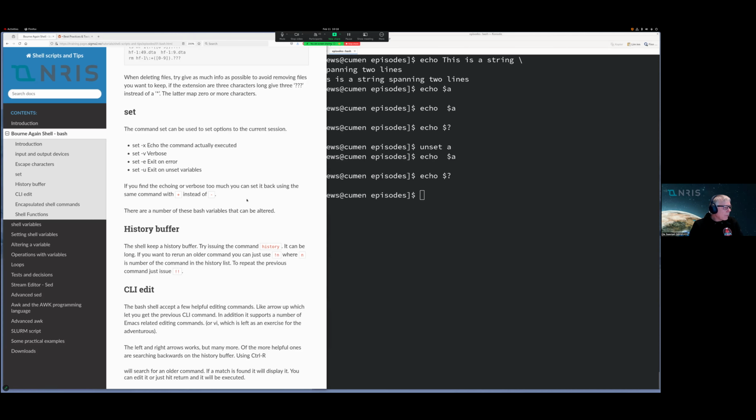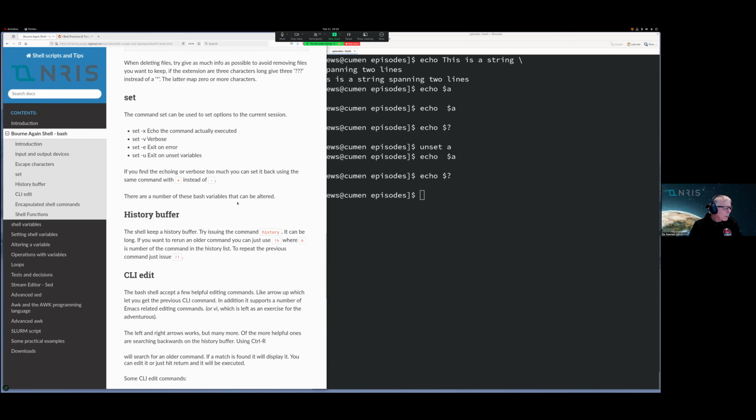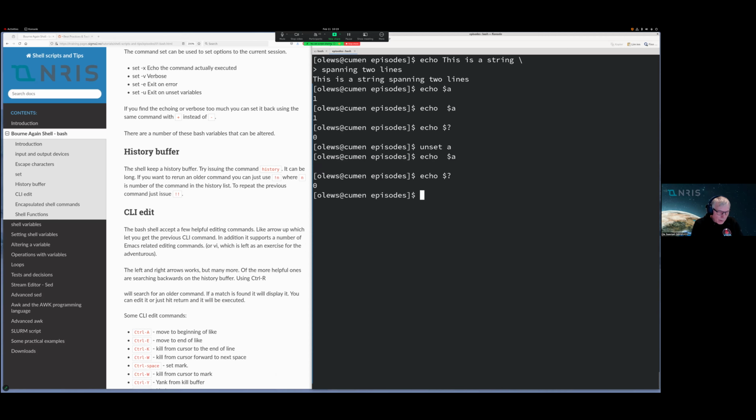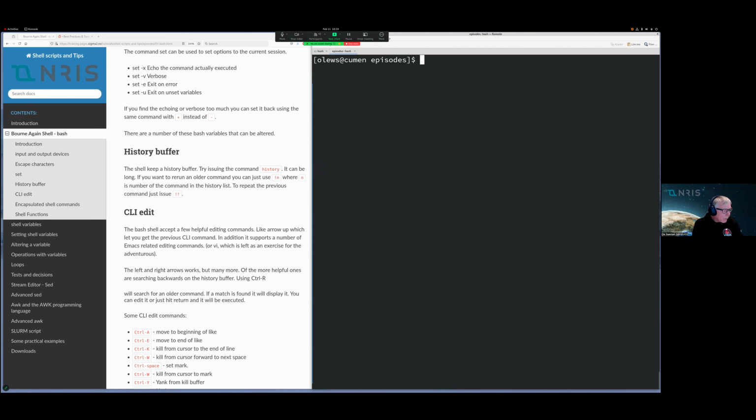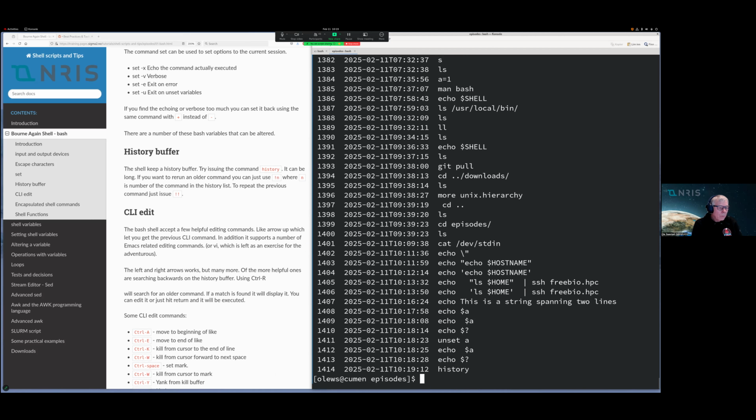Yep. If you want to fire up, then you can use plus instead of minus and such to change it back. I'm not sure how much they covered in the onboarding, but we have the history buffer in shell. History with a long list of things. So